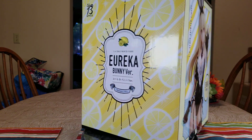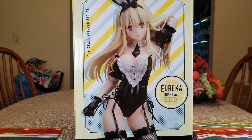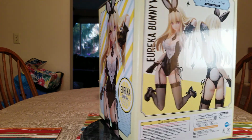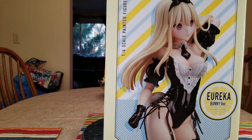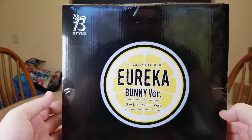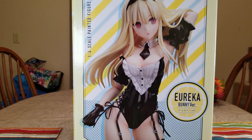And if we spin the box, there she is. Like I said, I was confused why there's lemons. So I actually had to do some research, and evidently she's based off of a lemon theme, the Eureka lemons. So nice promo shots on the back. Good shot on the other side. There's the top and the bottom. Before we get her open, let's just look at her some more as I finish off the information. So Eureka,